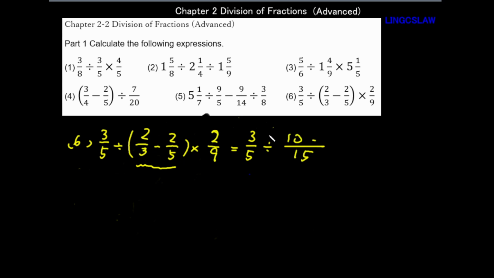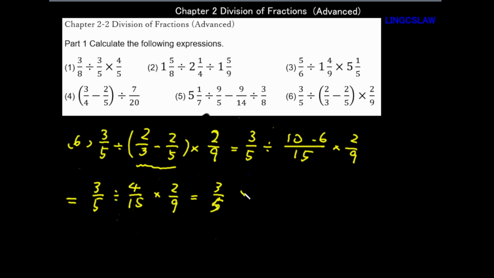And 3 times 2 equals 6. Times 2 over 9 equals 3 over 5. 10 minus 6 is 4. 15 times 2 over 9 equals